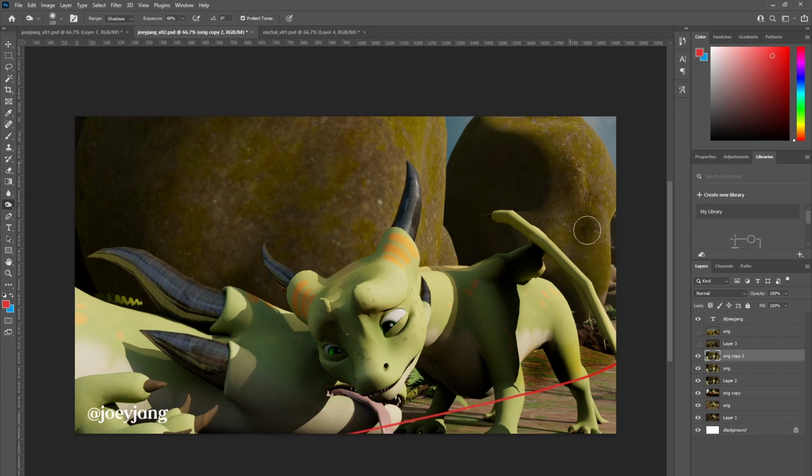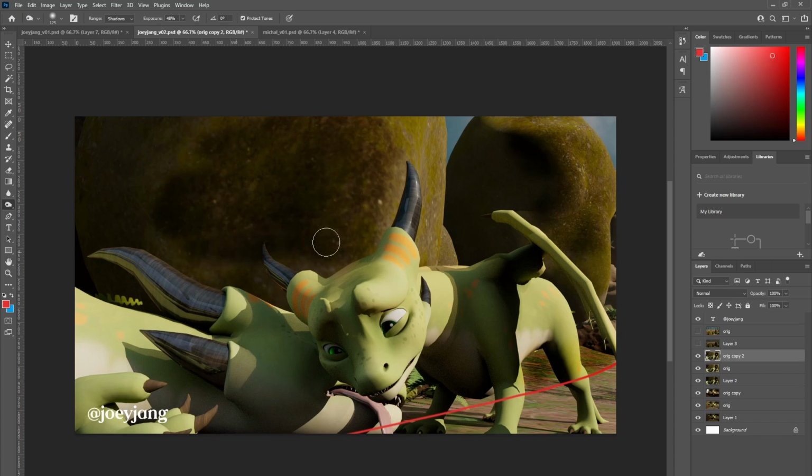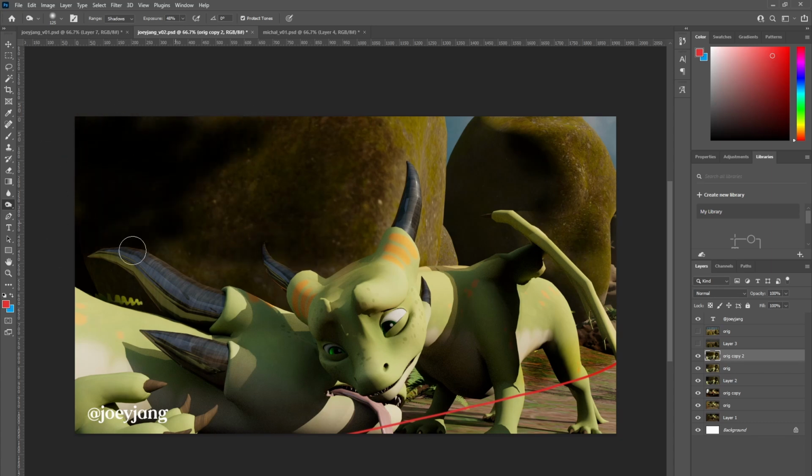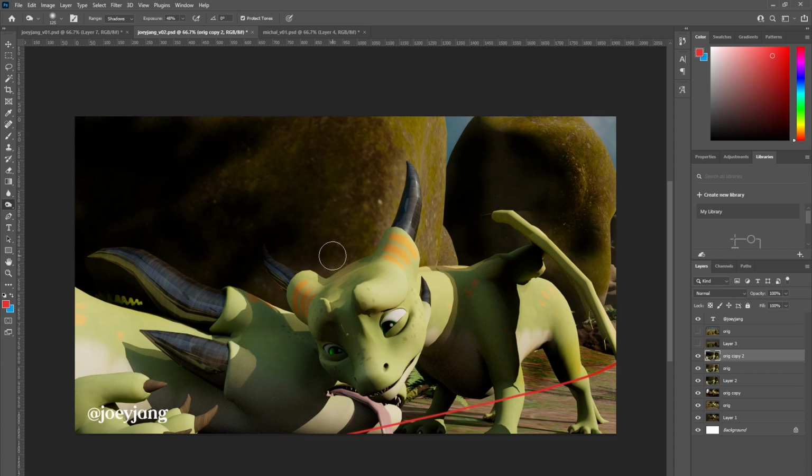Maybe this looks like a rim. So we have shadow on this side. It starts to fall into sort of darker values.